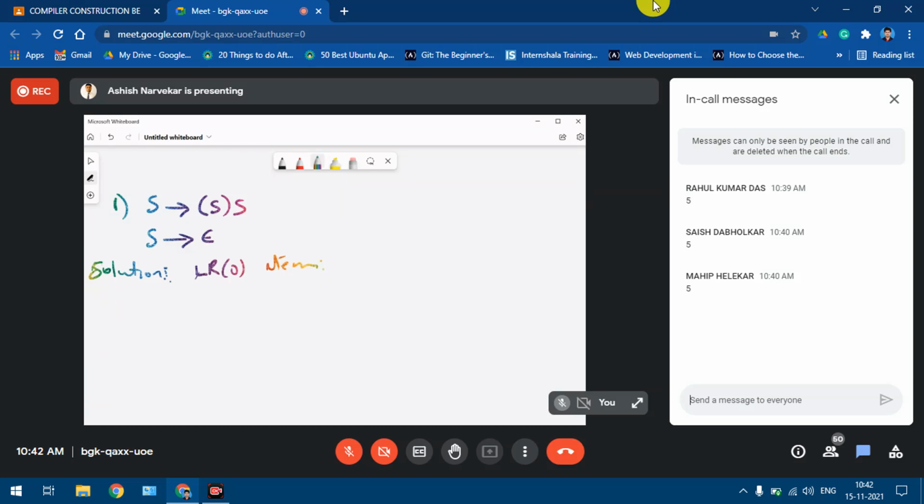For that, we start with the first production. The first production is this. So S gives dot open bracket S close bracket S. Then S derives open bracket dot S close bracket S. Then shift the dot further.